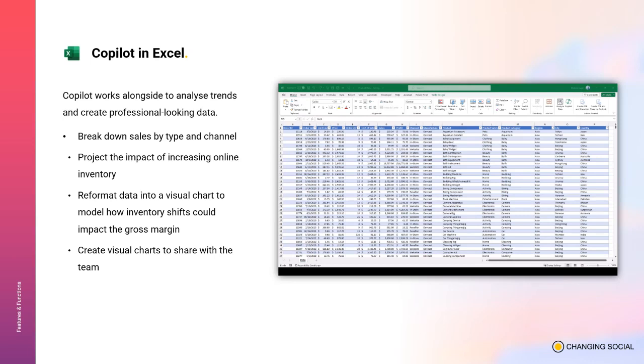You can share your purpose with Copilot. You can get template suggestions to jumpstart your task. You can be guided through complex functions, ensuring that your formulas are error-free and data interpretations are sound. No more trial and error. Visualization, as you will be aware, is key as well. Express your need and Copilot will generate pivot tables, line graphs, or any other representation that you desire. And if you're unsure of data trends, Copilot can even provide insights, helping you to make informed decisions based on your existing data.